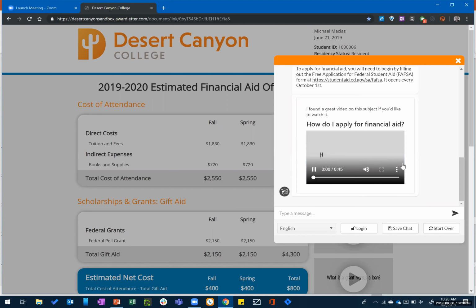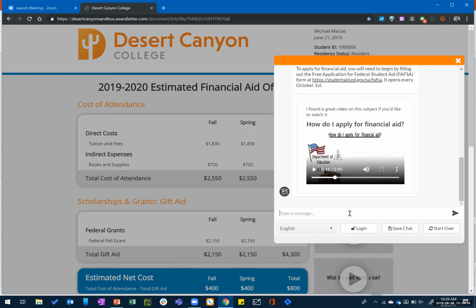So I can click on that and watch a quick video; they're all typically 30 to 90 seconds, because that's all anybody can really watch. I have my volume turned off on my computer, so I apologize for that. But I can open this up and watch the video. So again, it's one of the ways that you can provide support to students using AI.